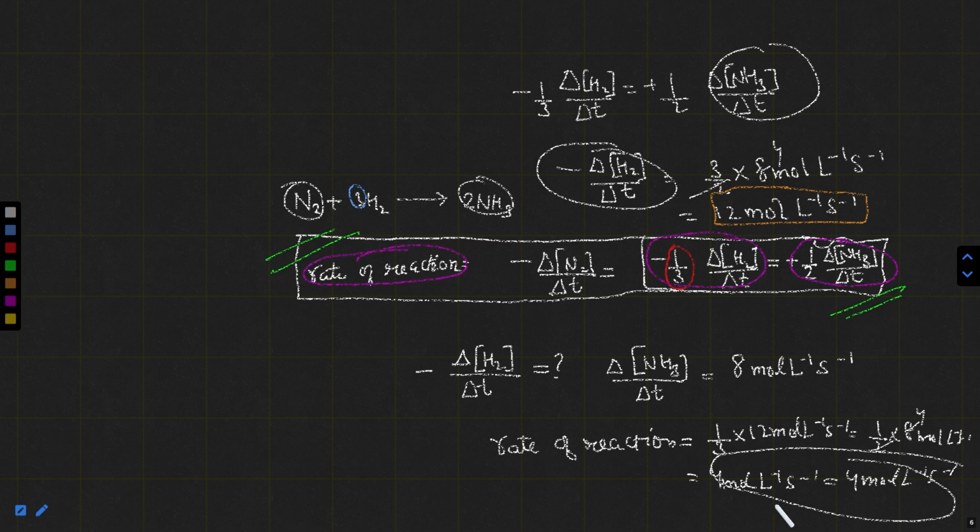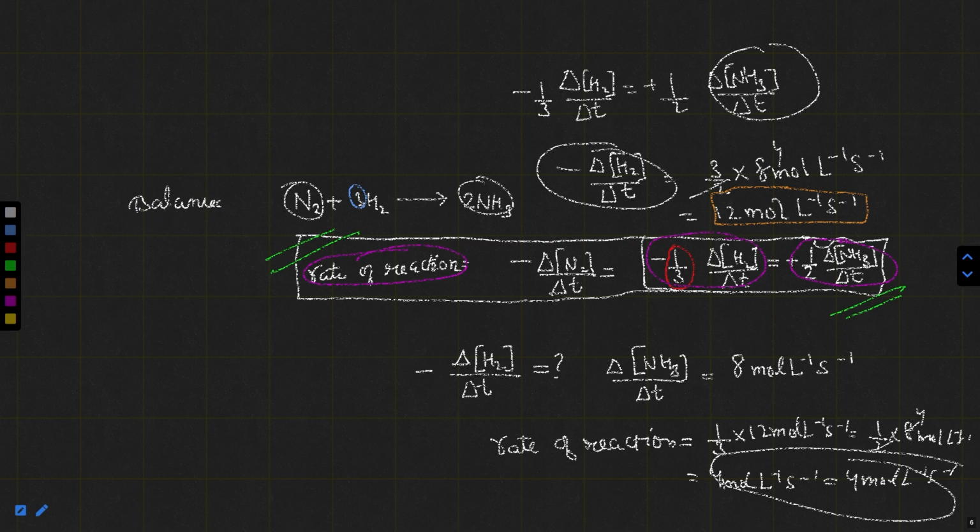So you can see that this is a very good illustration of how you can play with the rate of reaction if you're given the values. And if you know the simple basic rule, just multiply the change of appearance or disappearance by the reciprocal of the stoichiometric coefficient. And one more thing: first of all, always look at the reaction and see whether it is balanced or not. So this is a balanced